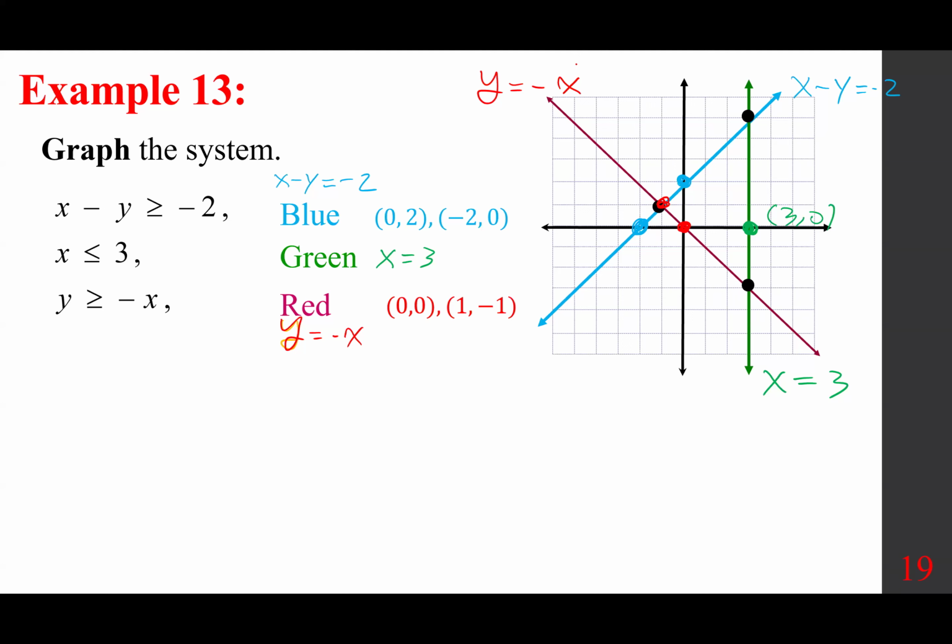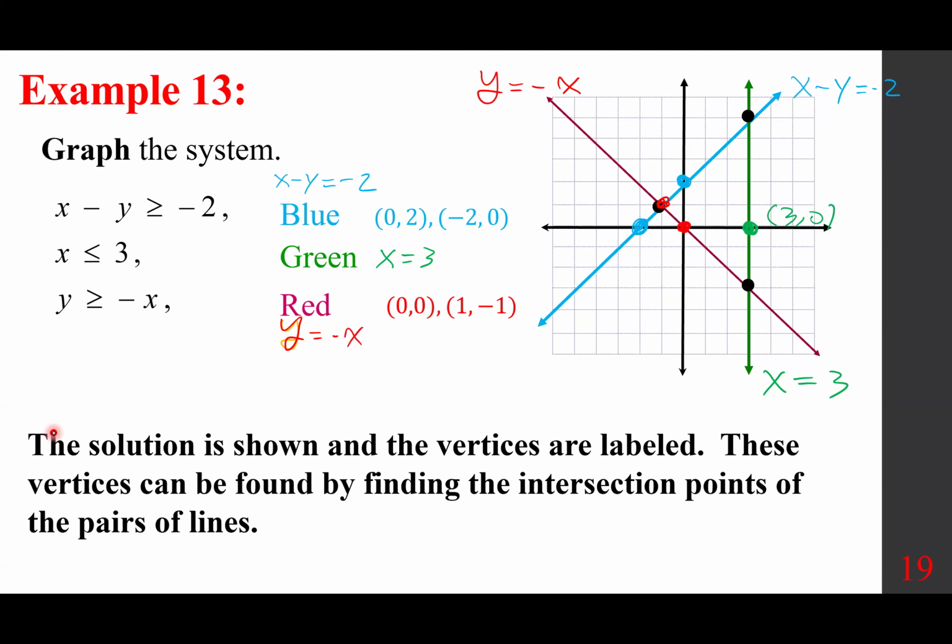Look at those points of intersection. The solution is shown and the vertices are labeled. These vertices can be found by finding the intersection points of the pairs of lines. Just to give you an idea,